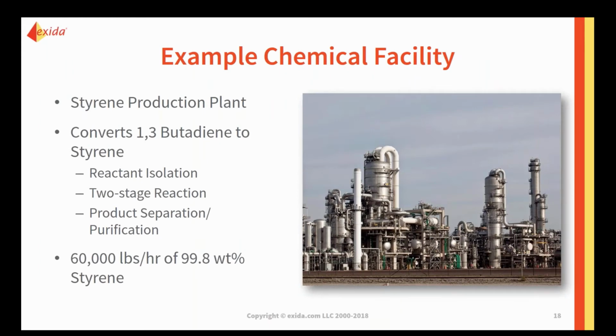So the chemical facility that we will be using in this example is a styrene production plant. And the purpose of this plant is to convert 1,3-butadiene to styrene. Throughout this reaction, there are a number of different process areas. The first would be isolating the reactants for our reactor, so making sure that we have high purity 1,3-butadiene to react. And then there is a 2-stage reaction, so the conversion of butadiene to styrene occurs through 2 different steps. And lastly, we need to purify and separate our product from other side products. And this would be an example of a medium-sized styrene facility producing 60,000 pounds per hour of high purity